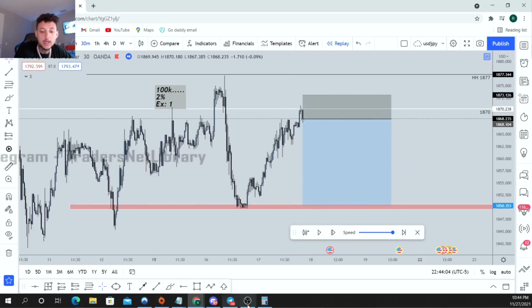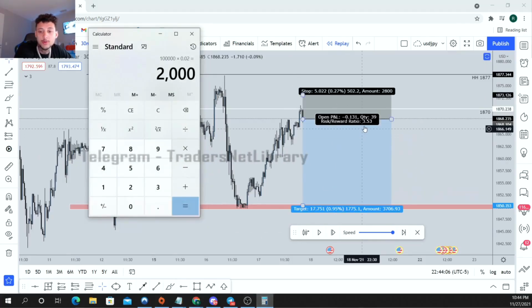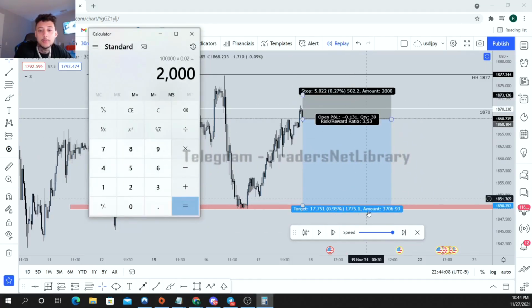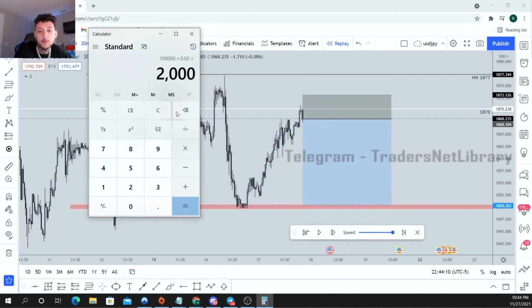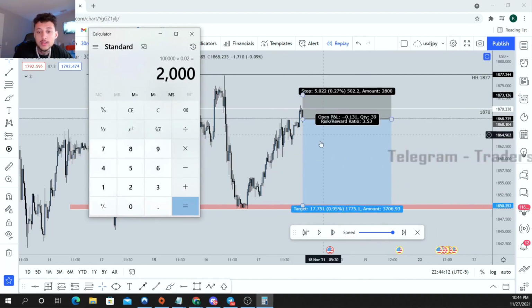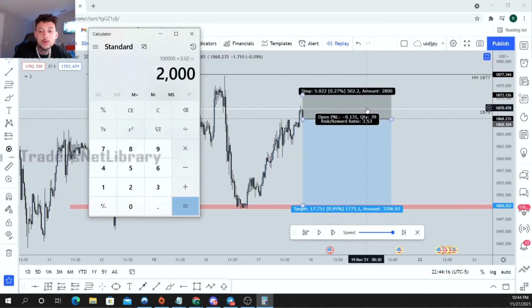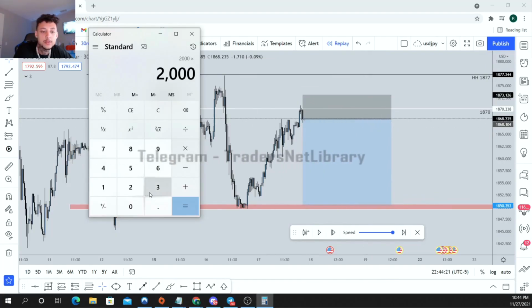And here's our entry. So essentially what we're doing is we're risking 50 pips to make 175 pips. And if you want to know what your potential reward is, right, all you're simply going to do is enter the math. So you're going to multiply 2,000 by 3.5, so 2,000 times 3.5 equals